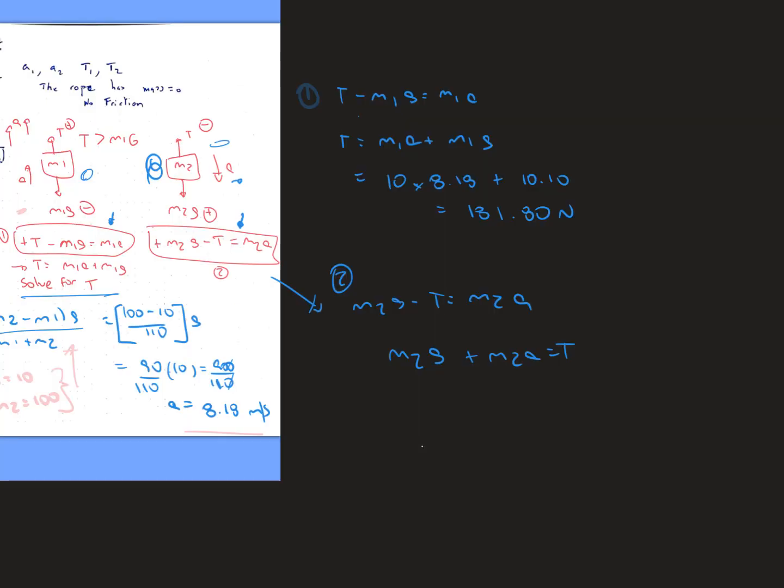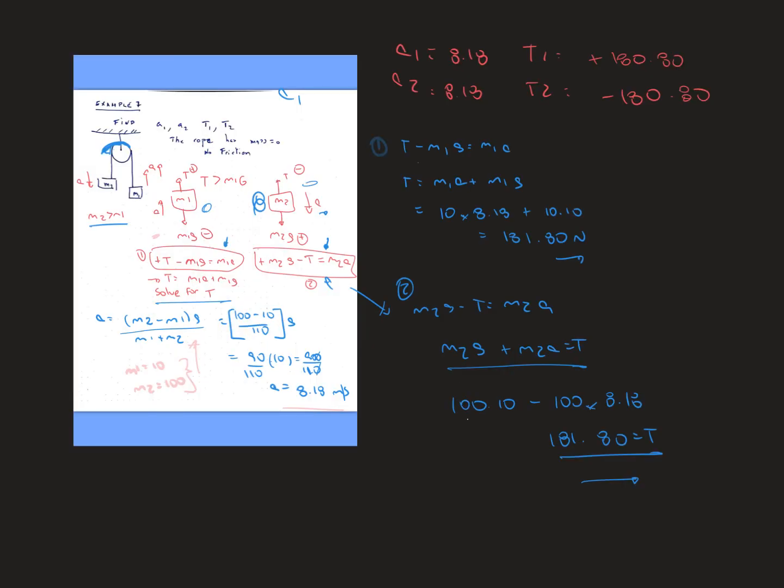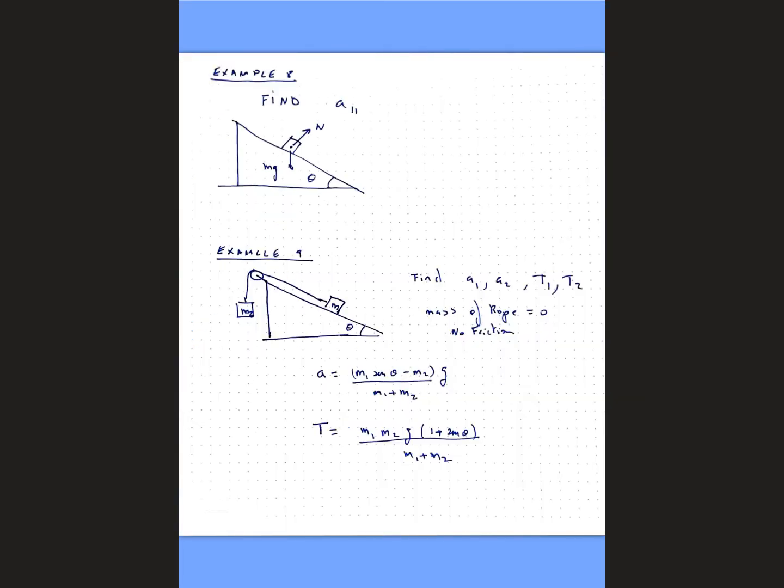Now we do the same thing for mass 2. But first we have to find a value for T, which is this thing right here. So we know both forces in mass 1 and mass 2 are the same, 181.80 newtons, and same thing right here. Therefore, we will have the answers right here, a1, a2, T1, T2. And the mass 2,